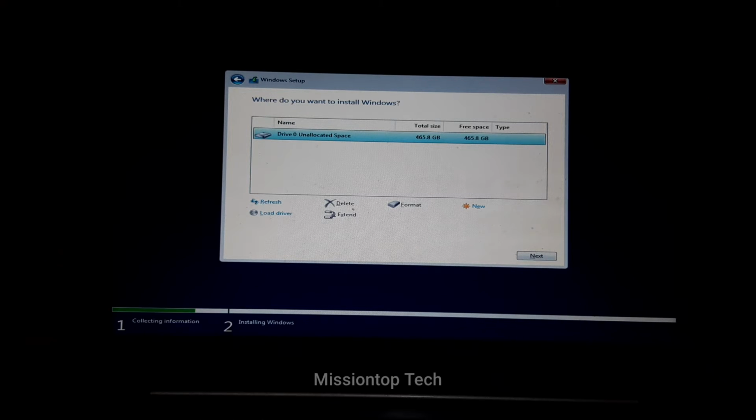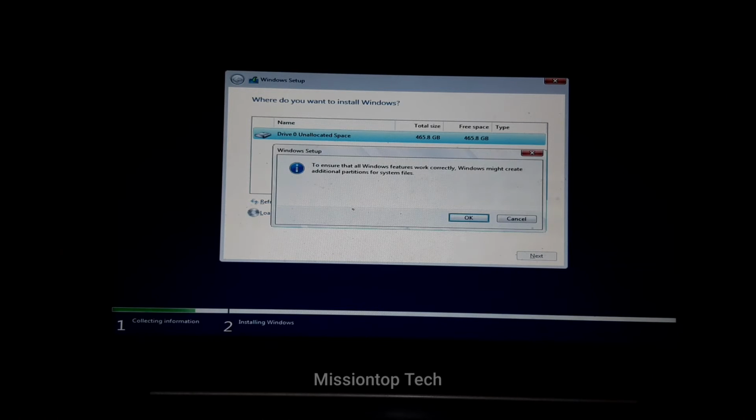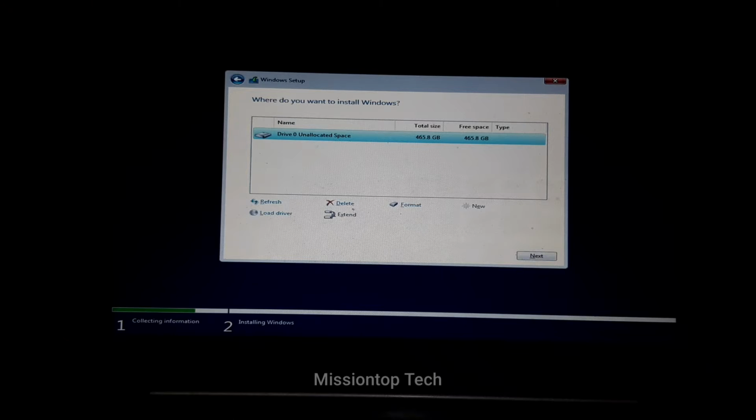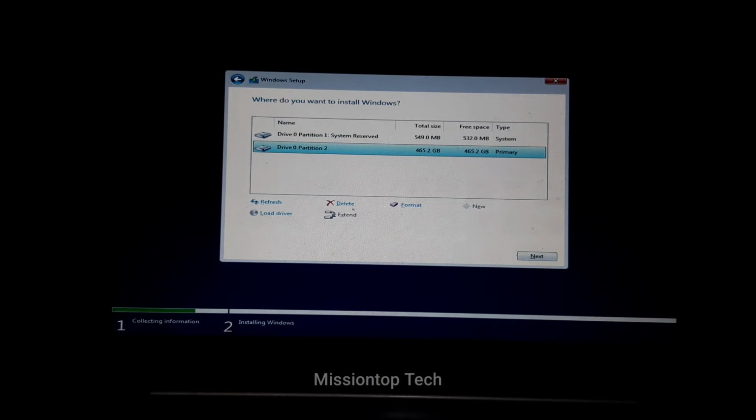As you can see, I have deleted all partitions and now I create a new partition. Choose apply and OK. As you can see, now our partition is successfully created, and one is the system partition that reserves 449 MB, and the next one is partition 2 that reserves